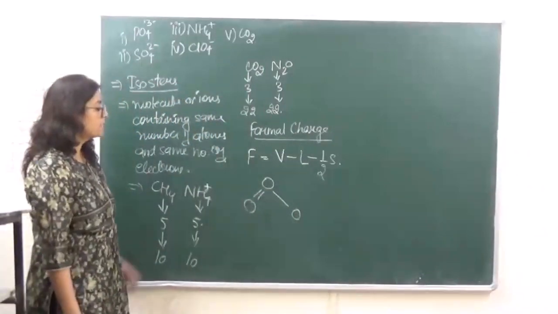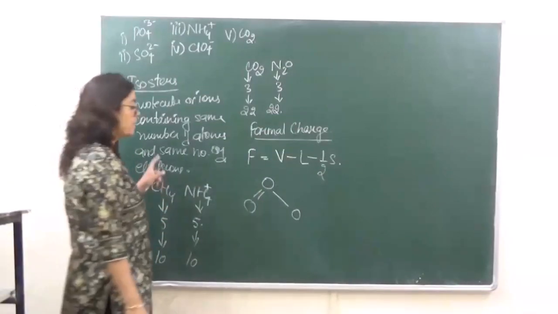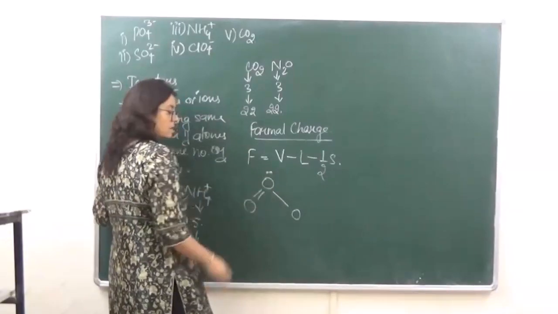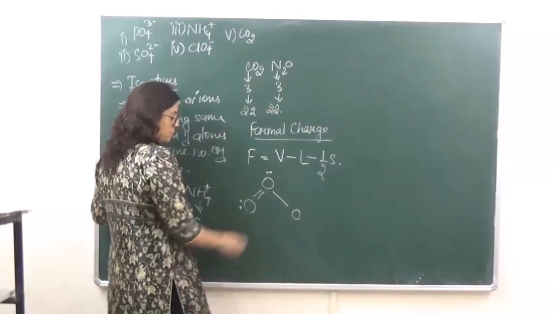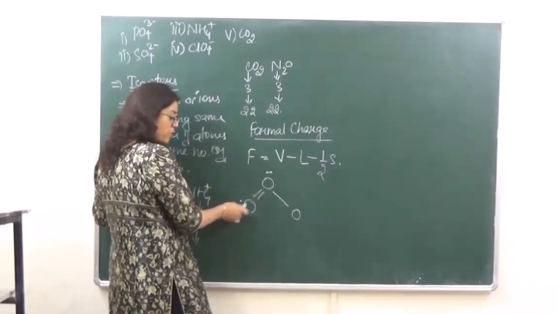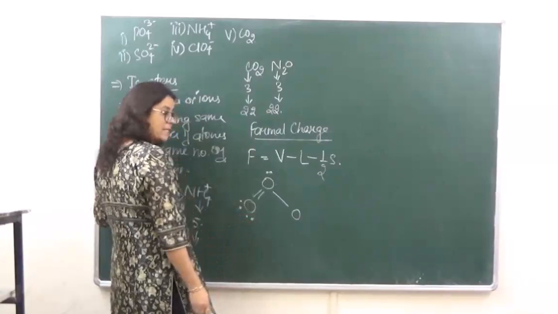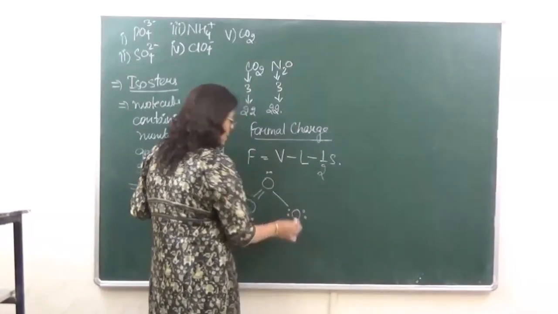The first step is to put down the number of lone pair of electrons present on each oxygen. So 1, 2, 3, 4, 5, 6. 1, 2, 3, 4. Sorry, 1, 2, 3, 4, 5, 6, 7, 8. Similarly, we have to complete 8 over here. So we have 1, 2, 3, 4, 5, 6, 7 and 8. Okay? And they are going to be 6 over here.